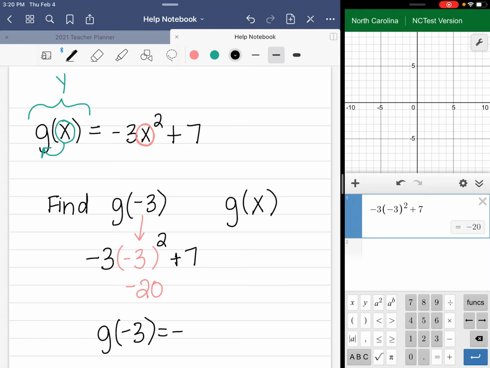So I know that g of -3 gives me an output of -20. So -3 is my x,